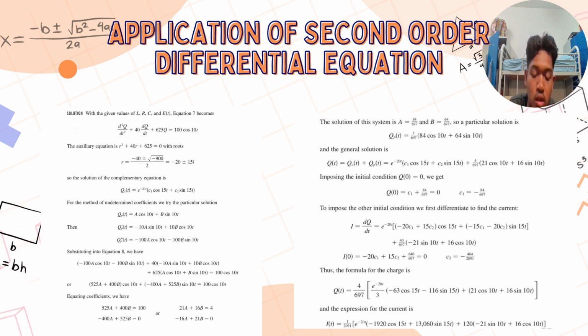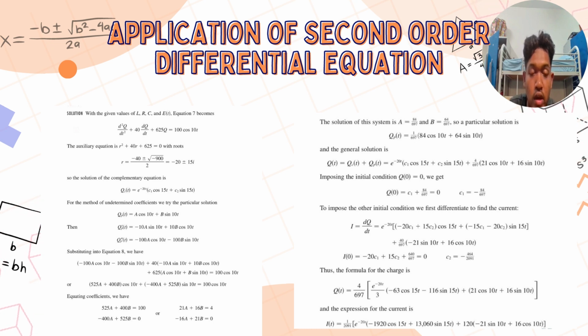Supposing the initial condition q(0) equals 0, we get C1 plus 84 over 697 equals 0, and C1 equals negative 84/697. To impose the second initial condition, we first